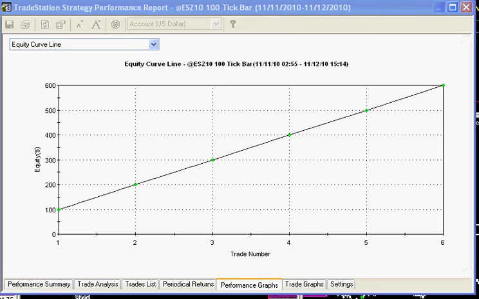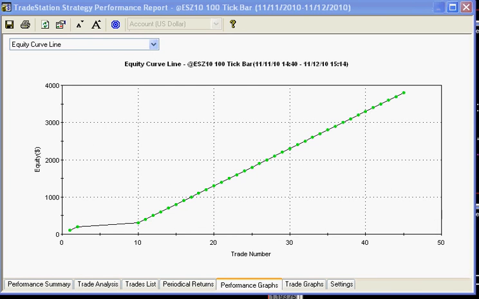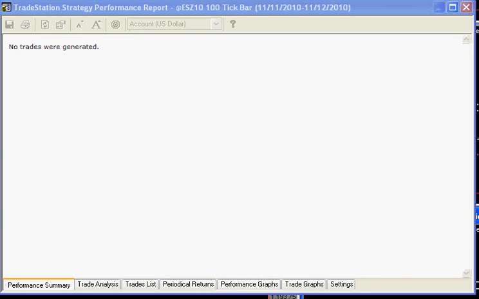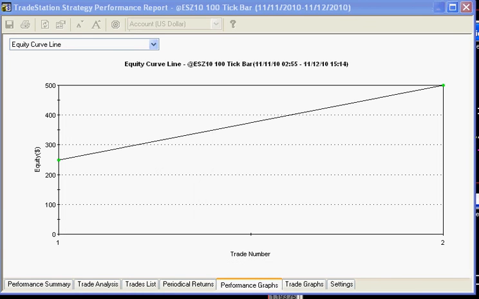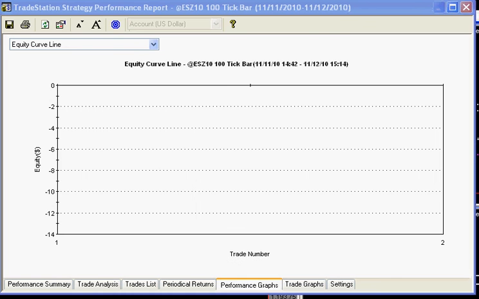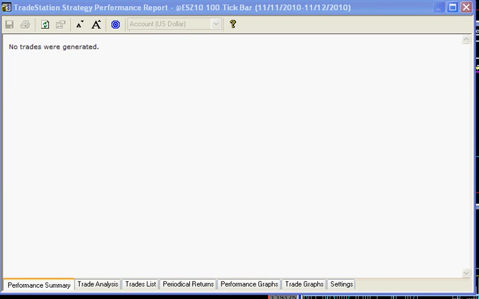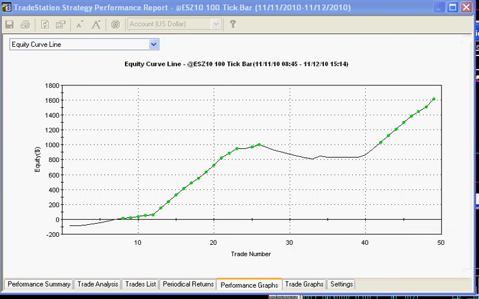No trades there. And 6 trades there. And another 6 trades on that one. About 45 trades there. Little dip at the beginning. No trades there. Just a couple trades on that strategy. Nothing there. Three trades here. No trades there. And then for our last one, quite a few trades on that. Okay, so